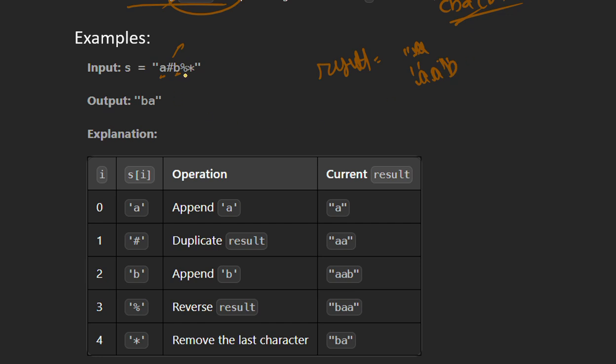Then we get percentage, which means reverse the result. So aab will become baa. Then we get star, which means remove the last character. Here the last character is a, so when we remove it, it becomes ba. So ba is our answer, right?